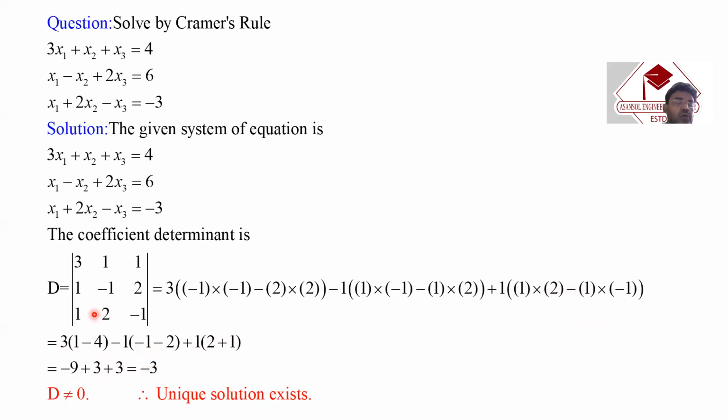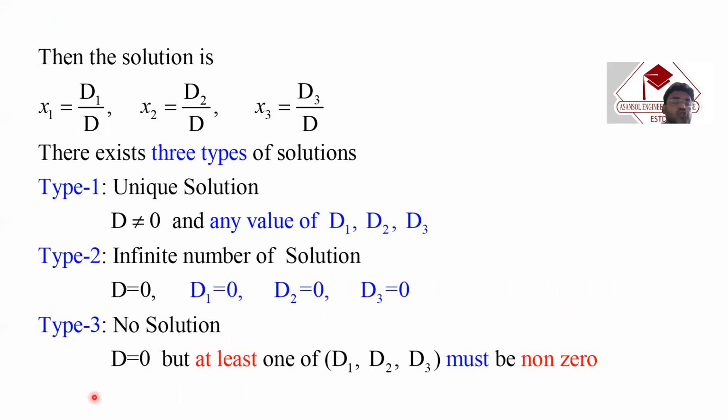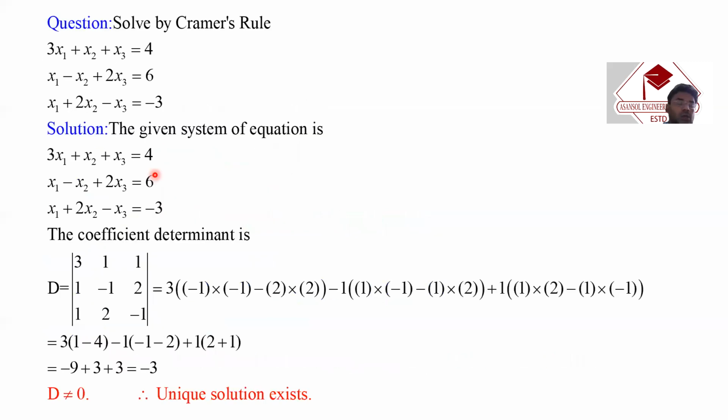Okay, so from this it is clear our D is not equal to 0. So already you know, if your D is not equal to 0, you can conclude directly there exists a unique solution. So you can conclude a unique solution exists. Any doubt? Clear? All lines are clear? How to find the coefficient determinant? Okay. Now